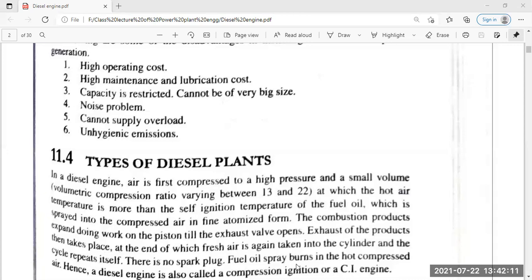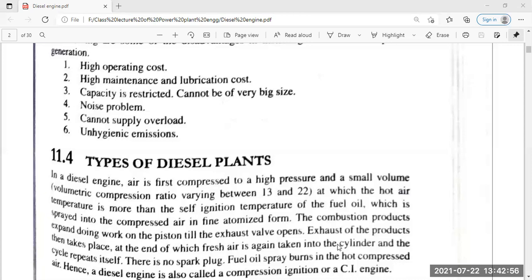The fuel oil spray burns in the hot compressed air, hence the diesel engine is popularly known as the compression ignition or CI engine. This means first we have to compress the air inside the cylinder to a very high ratio, around 13 to 22, that is 1 is to 13 to 22, which makes the temperature of this compressed air much higher than the ignition temperature of the fuel oil. Then the fuel oil is sprayed inside the chamber in atomized form, which immediately burns and creates